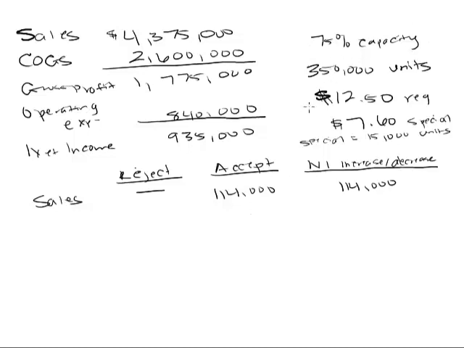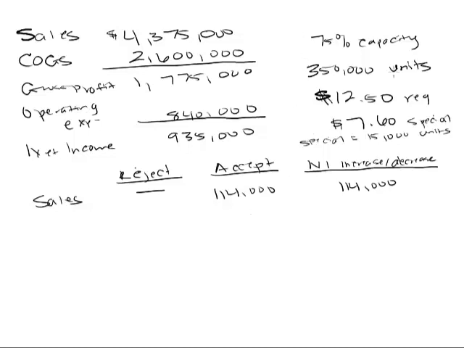Remember, what's capacity important for? When we talk about that, we're referring to whether fixed costs are going to be impactful or not. So if we go over 100%, then we're going to have to consider there's going to be additional fixed costs. Those will definitely add into our figures here and take part in the decision. If we're at or below 100%, then we don't really need to consider the fixed costs because they're not going to change whether we just make the 350 or we make the additional 15 for the total of the 365.